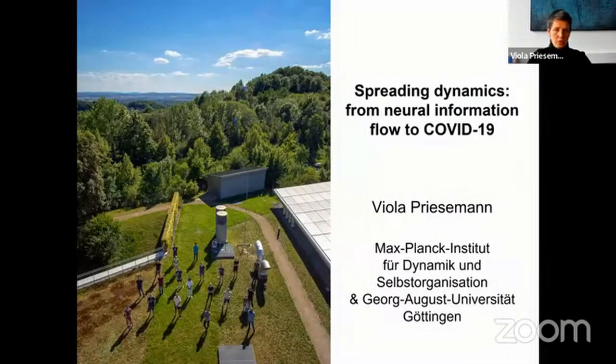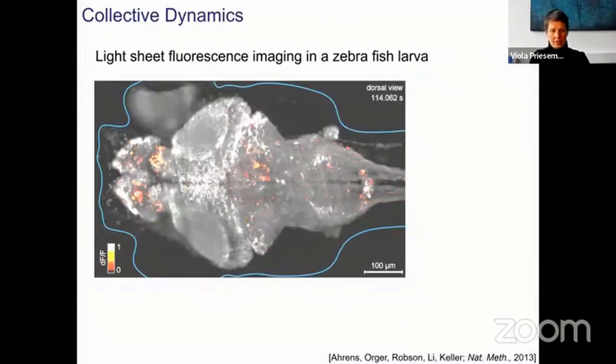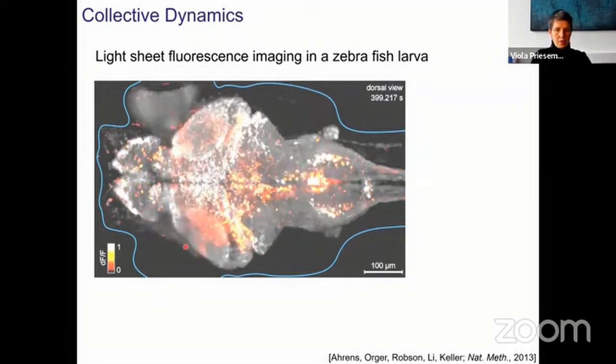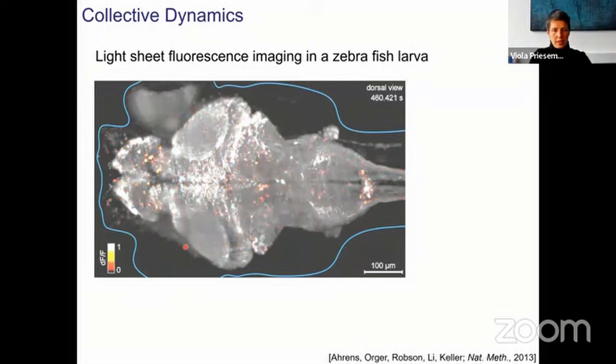Now, talking not about the current crisis but about the past one, I'll talk a bit about COVID, but mainly on spreading dynamics, and especially spreading dynamics and information processing in the brain. I would like to start with a video, which shows the brain of a zebrafish larva, imaged from the top. You see the two eyes at the top and at the bottom. The activity is continuously active, made visible by fluorescent calcium imaging. Sometimes you even see large bursts that then elicit the entire brain.